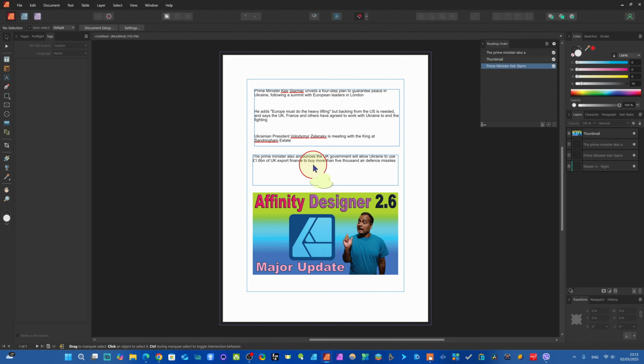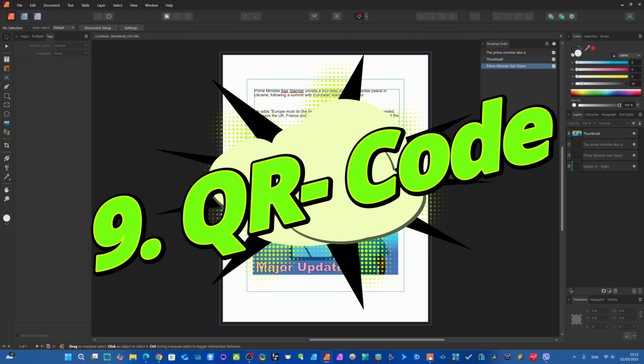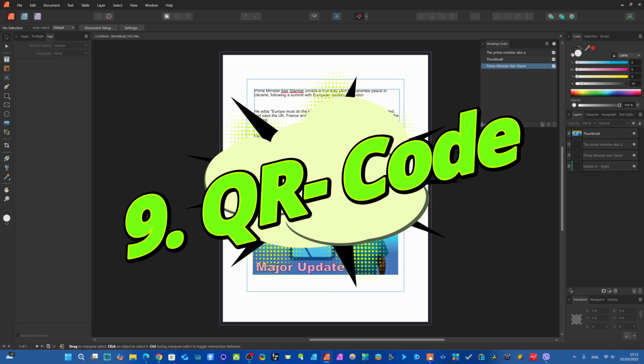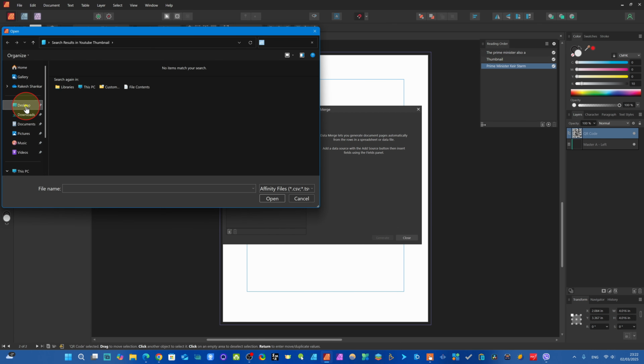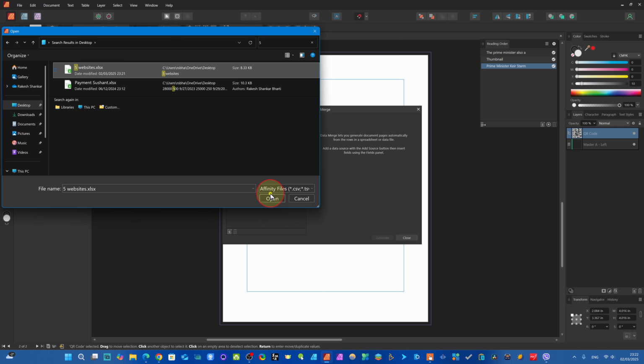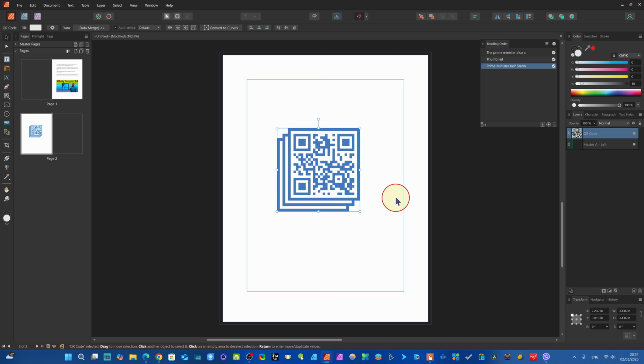The next new feature is for those who use data merge, now you can use a QR code. This is the new feature. We have 5 websites here, so we just take this. We have to come here to desktop. Website here, we just click here. Okay, and now we have to come to the context toolbar. From here we have to change this to data merge. You see data merge. We just click here. Okay, once you choose from here and select here, you can create a QR code from here,